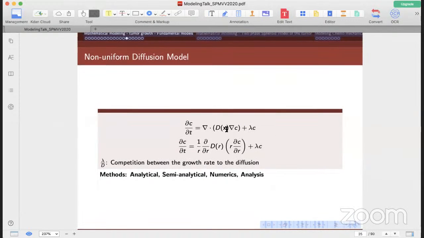Sometimes your diffusion can be spatially dependent. So instead of constant diffusion, D can be spatially dependent. Then it will sit inside the divergence; otherwise, if it is constant, it will come out. In any case, there is a competition between lambda and D. What is D? It is diffusion. That means in the absence of